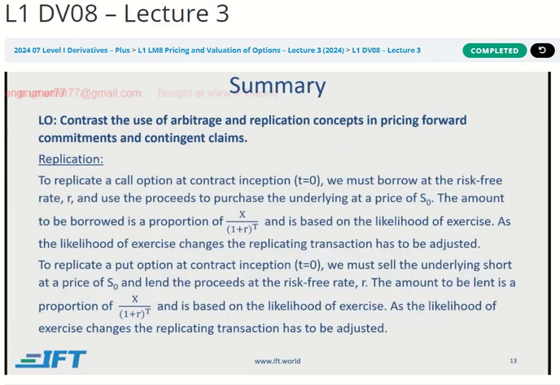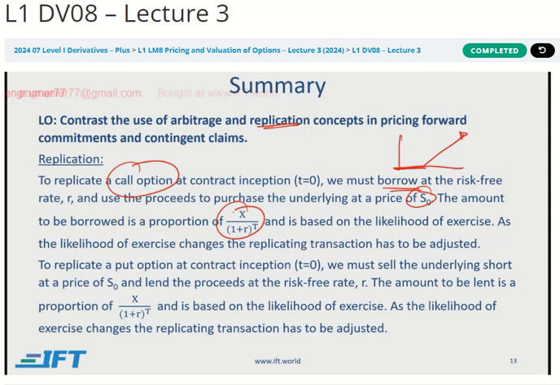Now, the last learning outcome, before that, let me just talk a little bit about replication, then we will come to the last learning outcome, which is the factors affecting the option price. Again, this is something I explained to you during the video as well, that this will be covered in more detail at level 2, because replicating options is complicated. If you're talking about a call option, then you can borrow money and buy the asset, which will help you replicate the upside of the option, but it will not replicate the downside. So therefore we don't borrow all of the money